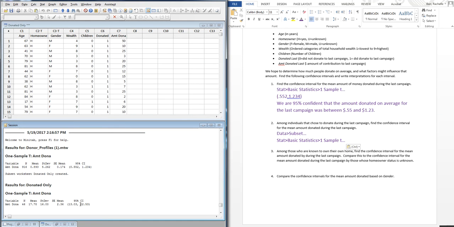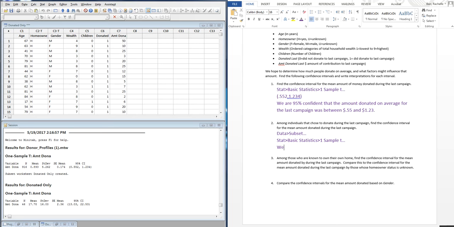And now we have a different confidence interval. I'm hoping you look down here and see it's like $13 and $22 instead. So let's make that interpretation using that information. We are 95% confident that the mean amount donated, having all kinds of typing issues today, in the last campaign